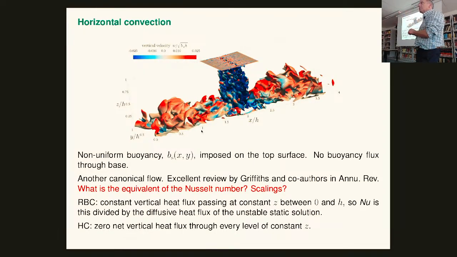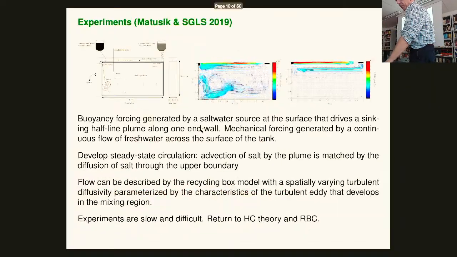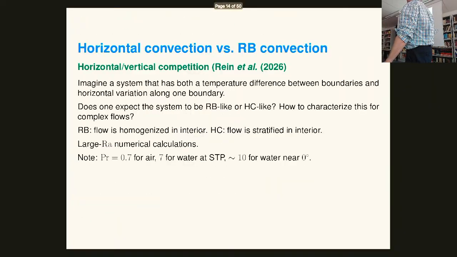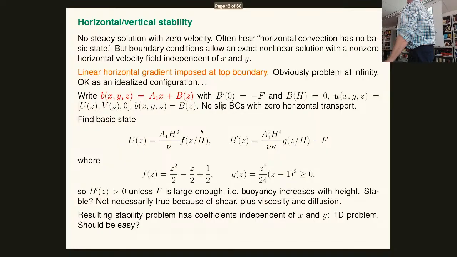It varies in the horizontal. But in fact, it's because this simulation has a boundary profile at the top that's cosine kx or something like that. Just in the box, it goes warm, cold, and warm again. That's very difficult. You get flow, you get a mess. However, good news, it turns out that there's a very nice exact solution. And maybe this should be physically obvious. If you write the buoyancy as a horizontal term alone, and then a vertical variation, you can solve the equations. Maybe it should be obvious to us all.